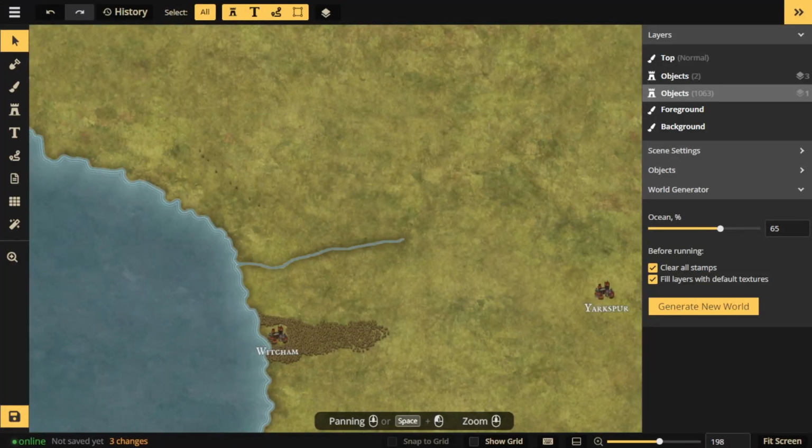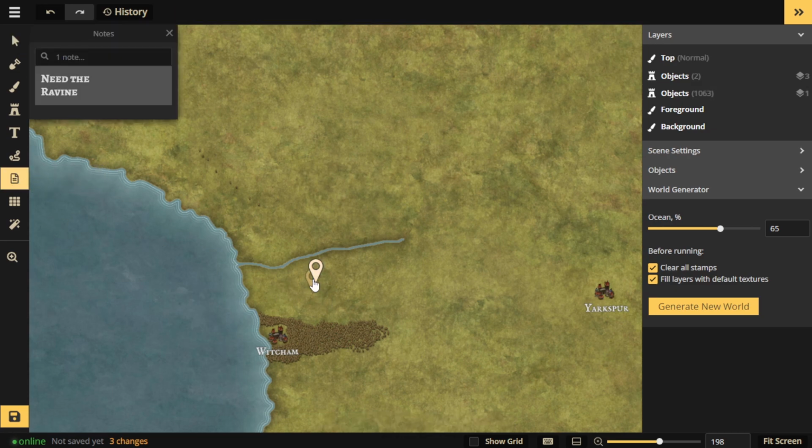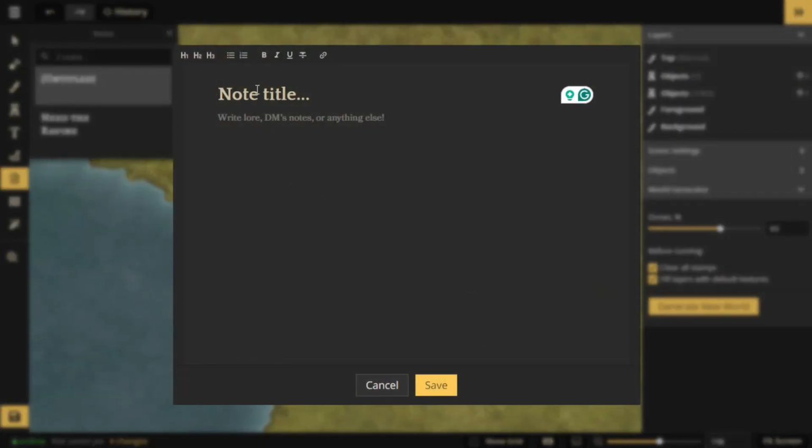Another thing you can do is leave notes for yourself if you want to add something later on. If you just click on the note tool here, you see that I've already got one created, and I need the ravine from my book to be right there. Unfortunately, I'm probably going to have to upgrade to the paid account because I need to change the color of the backdrop so that it looks like a ravine. And then I can add another note somewhere like that, and then I can give it a title.